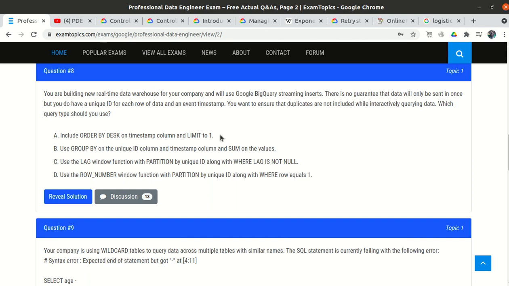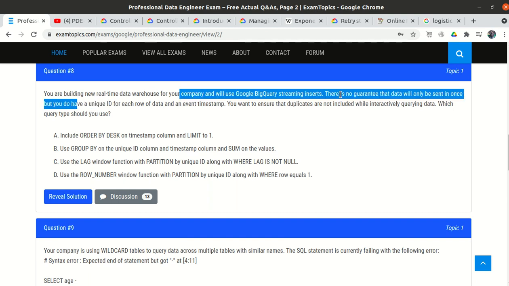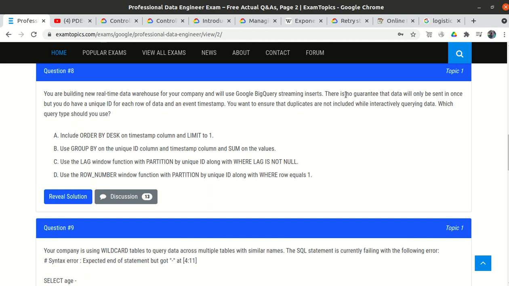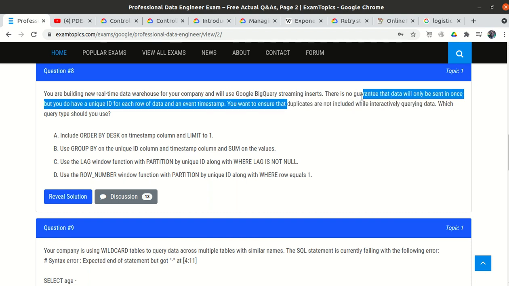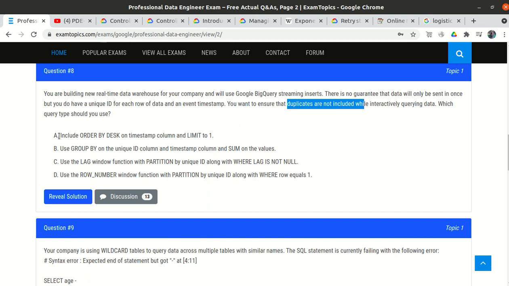Whether this is correct or not, because we have created a data warehouse on Google BigQuery, and we have inserted the data, and we know the data is not inserted at once, so there could be multiple rows with multiple timestamps. But we need to ensure that while interactively querying the data, the output does not include duplicates. So which query out of the 4 should we use?